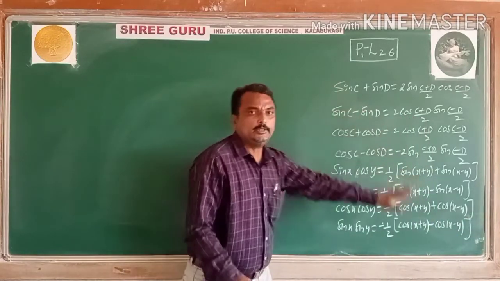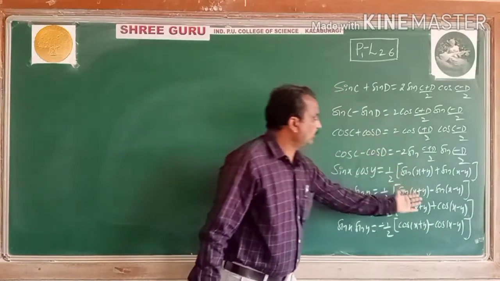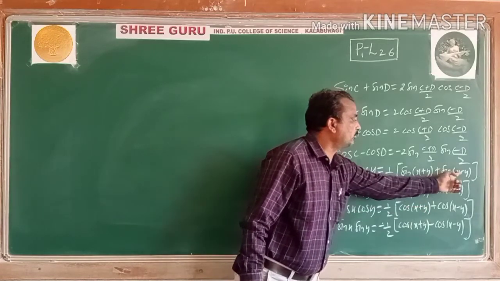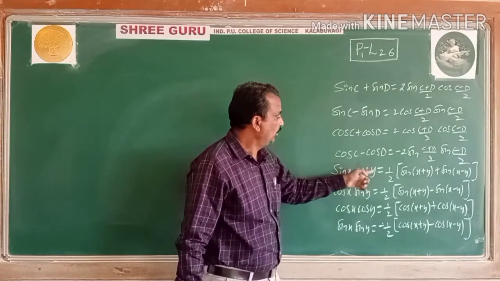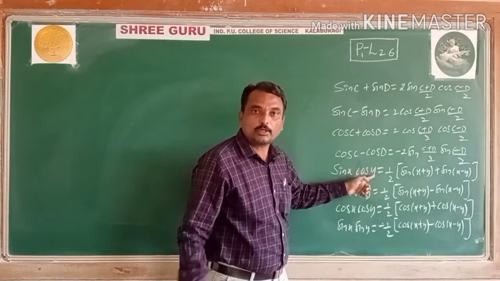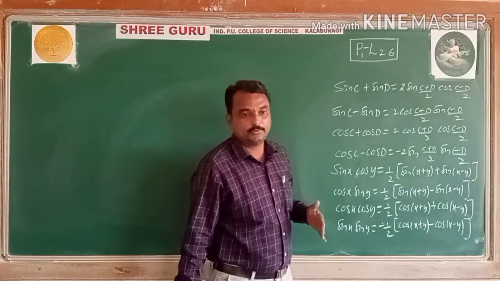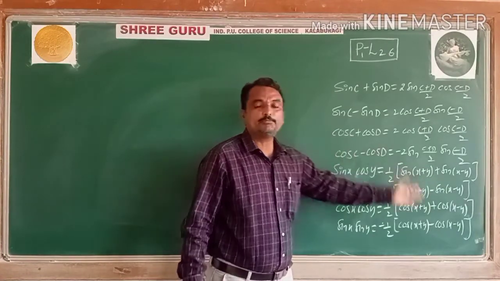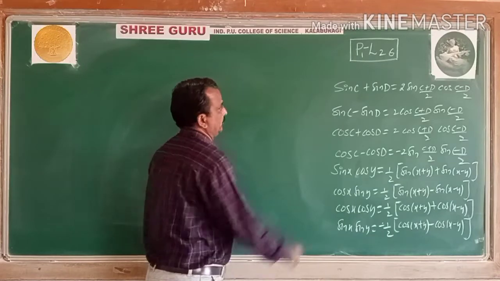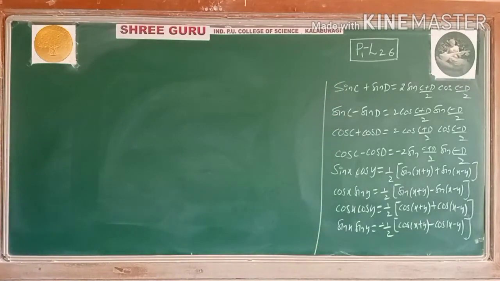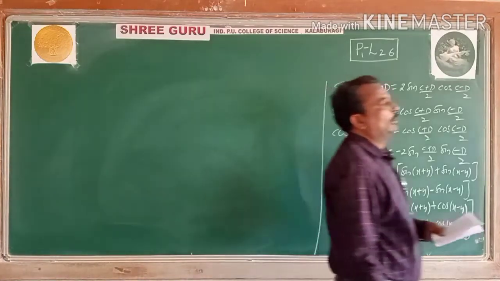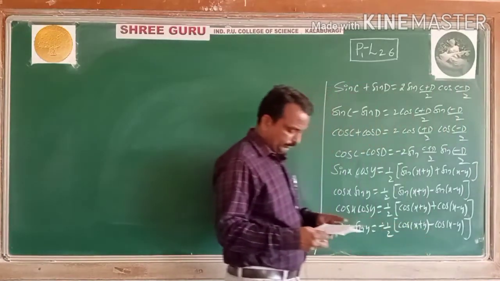See, these are the formulas we have converted. We have taken x plus y as c and x minus y as d. Cross multiplying these two, x is c plus d by 2 and y is c minus d by 2. We have transformed the formulas, the sum and difference in terms of product, and the product in terms of sum and difference. So let us go for some examples today also, 5 marks and 3 marks questions.